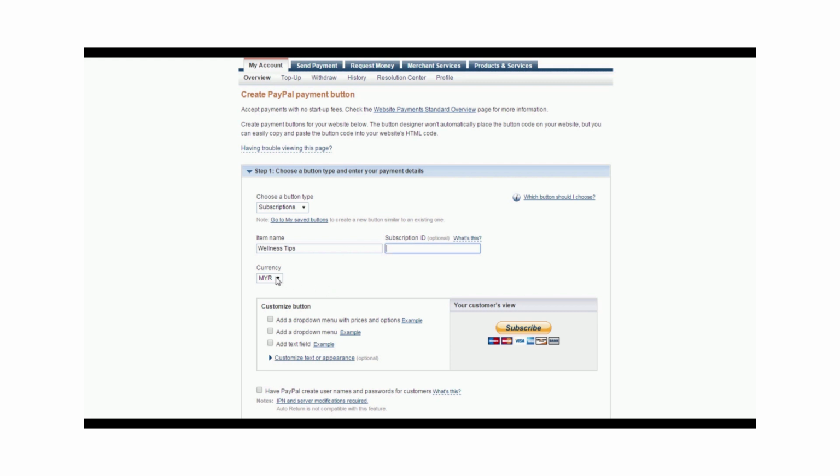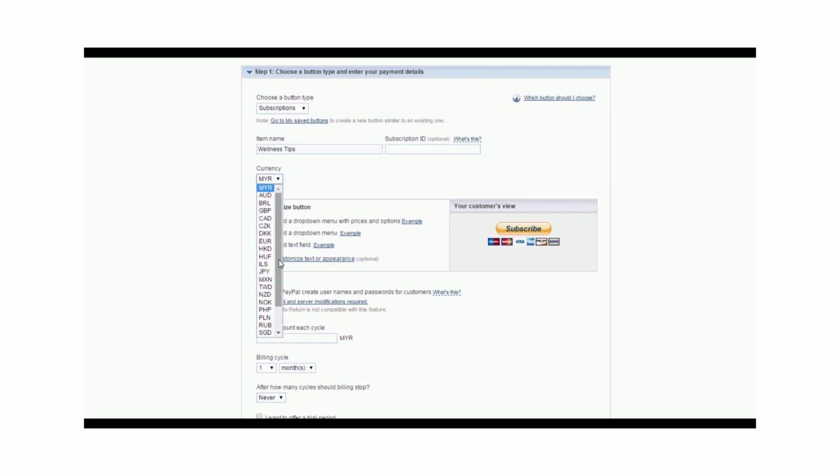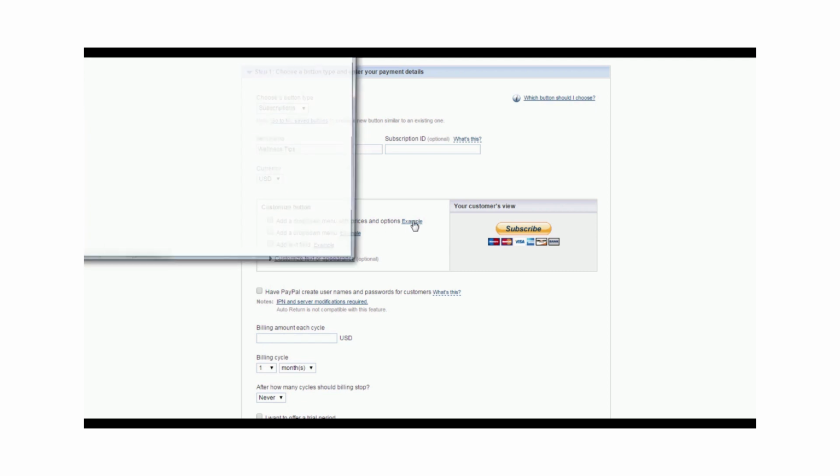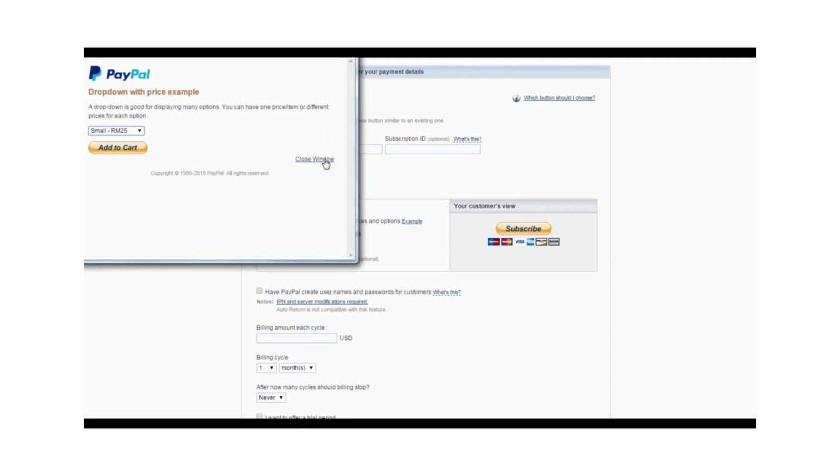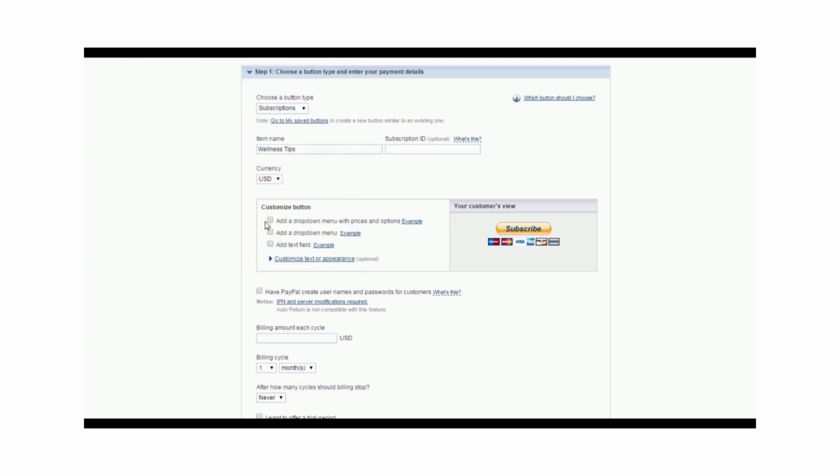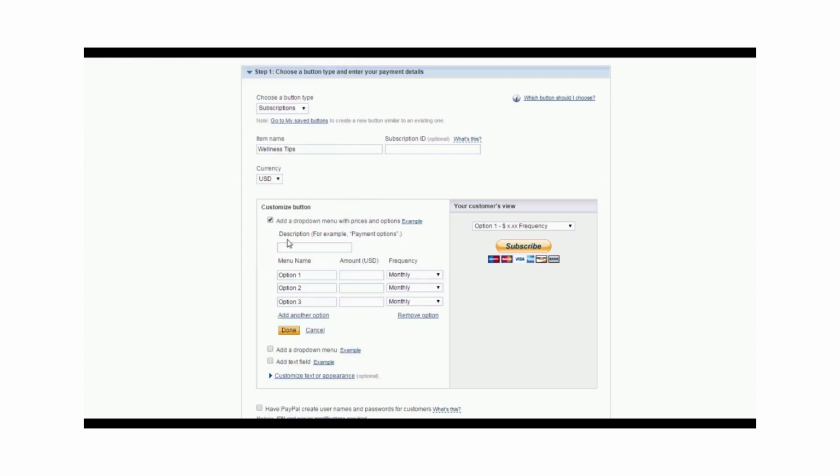Down here, you need to also select your preferred currency for billing and payment. This section here is for you to customize your button. You can choose to add a drop-down menu with prices and options. It will look something like this. If you tick this box, you then need to fill up the information for your drop-down menu. First, insert a description. I'm just going to use the suggested payment options. For options, I'm going to offer options for 1-month subscriptions, 3 months, and 6 months, though these options are completely